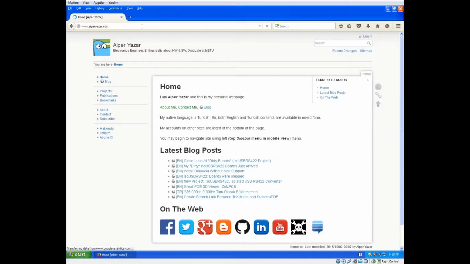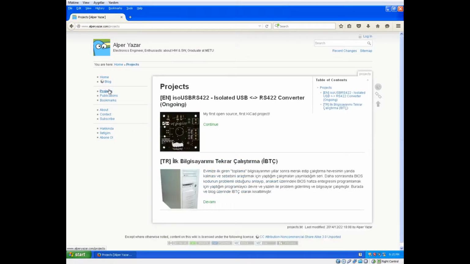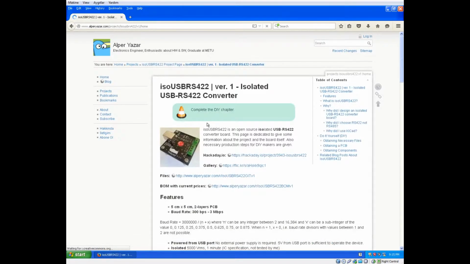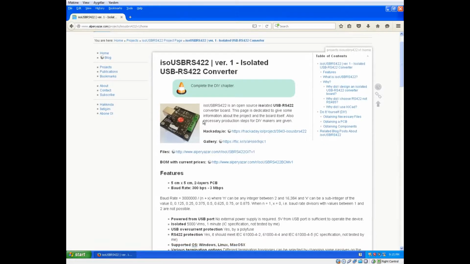Okay, click to Projects. Click to Continue under ISO ESPRS 422 section. Then click to Link for Files.